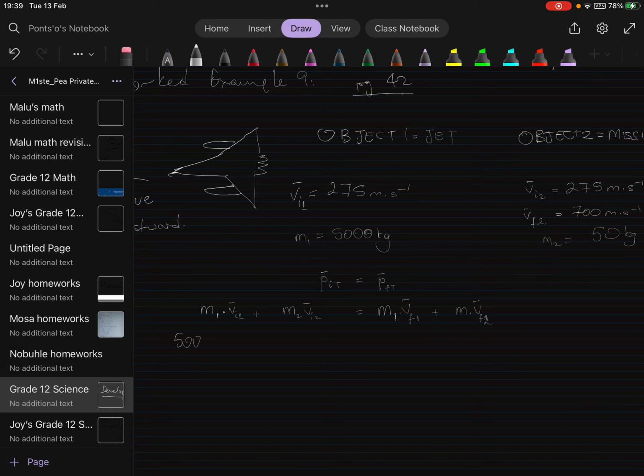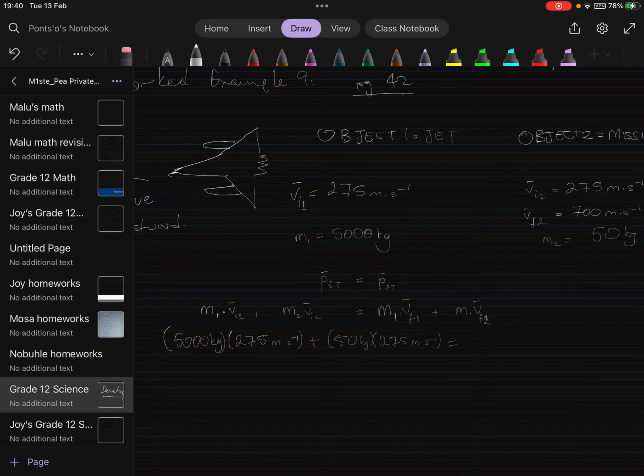So M1 is 5,000 kilograms, and that's multiplied by initial velocity of 275 meters per second. We add that to mass 2, which is 50 kilograms times 275 meters per second. And that equals,